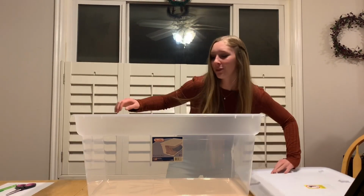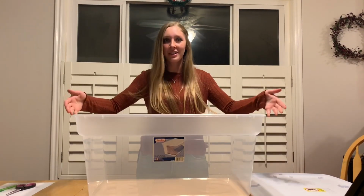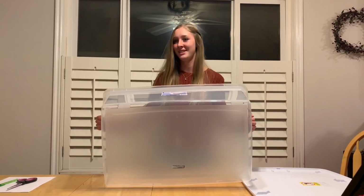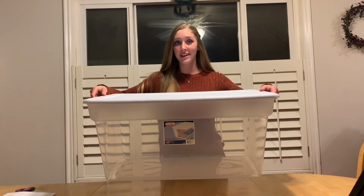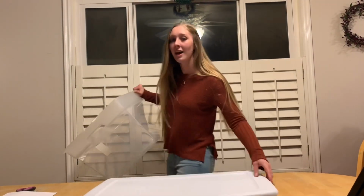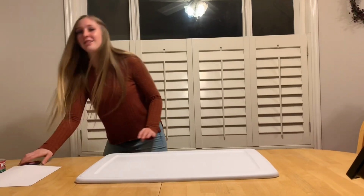Works well, it's great. And even if you don't have a tote lid and you just have a random tote sitting around without a lid, you can use the bottom of a tote. Perfect. It doesn't really matter what size your tote is, as long as it's big enough to fit on your feet. What you're going to need is, other than your tote, scissors,